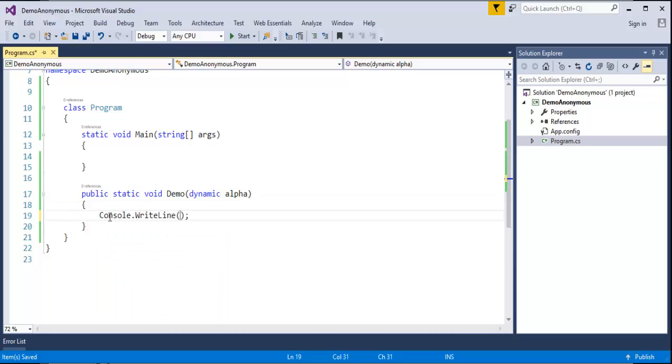What is this method going to do? This method is going to print that alpha. That's it, nothing else. Now let me create one anonymous type called mydemo